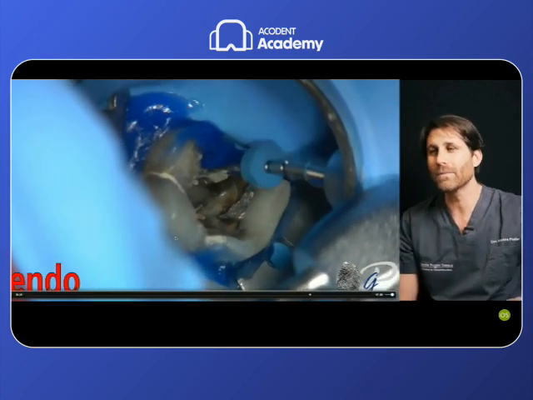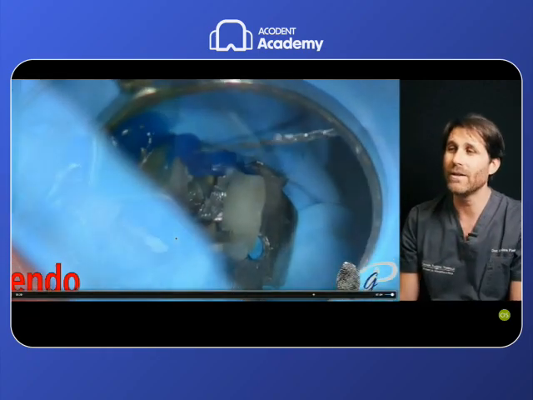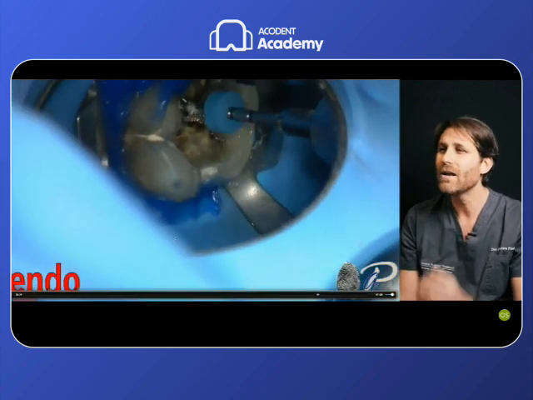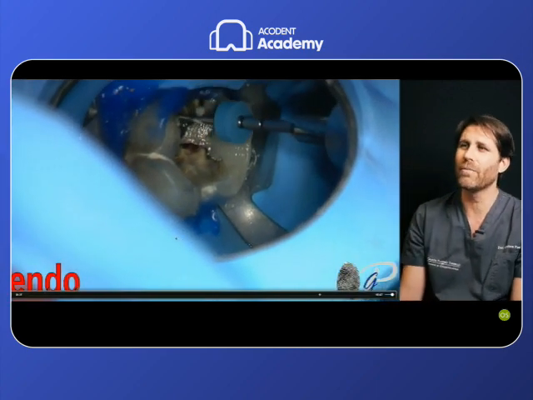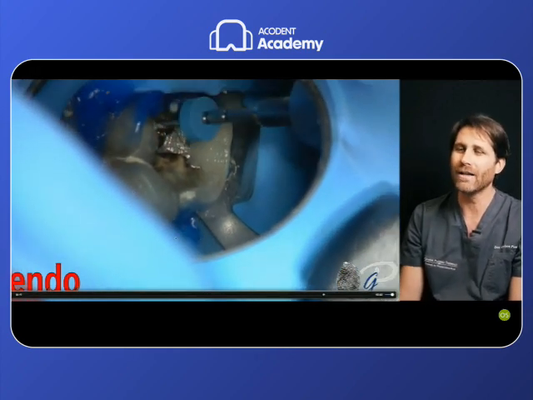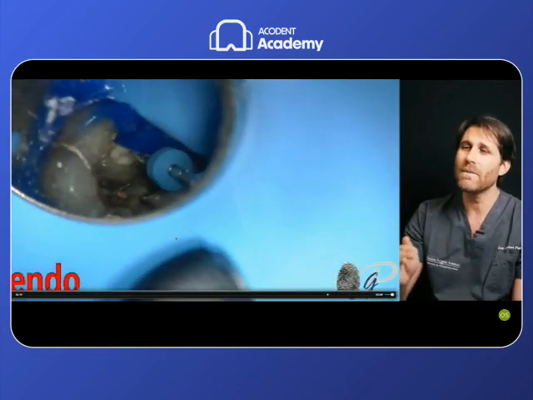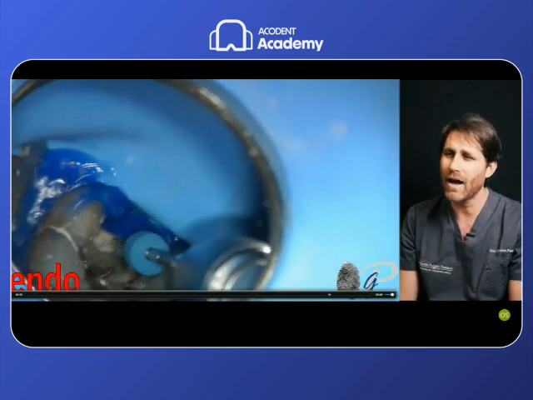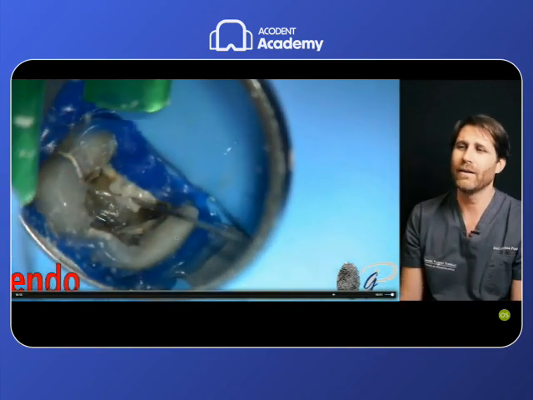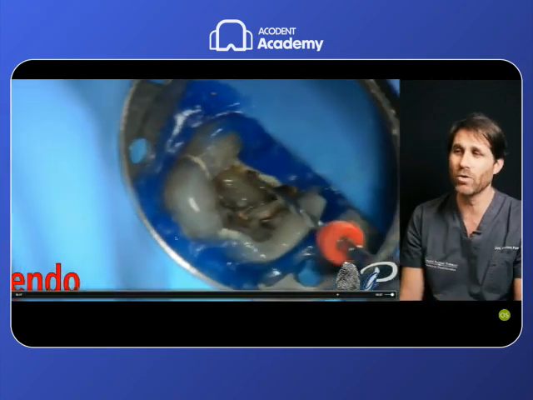So in this case, very difficult. Even if I have scouted the canal with the 10, I like to insert another file before the single file to pre-enlarge the root canal, for a pre-flaring of the root canal, to make life easier for the single file that has to reach the working length. In this case, we created a pre-flaring, coronal, middle, and third, pre-flared and pre-enlarged for the following instrumentation with the real file for the instrumentation of this root canal, that in this case was the Reciproc White.